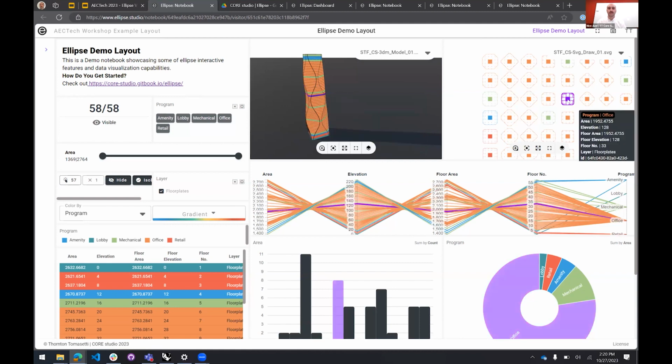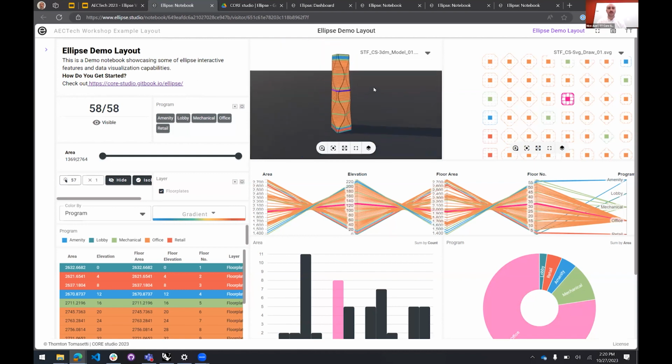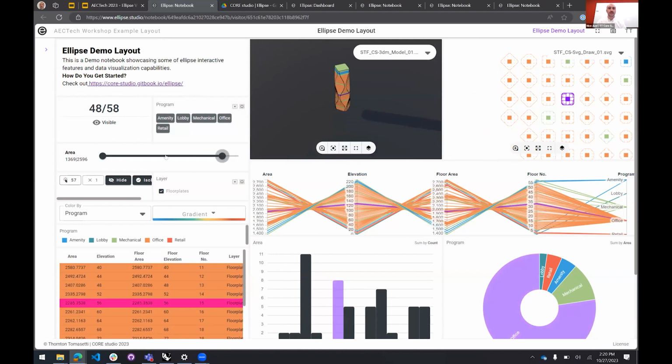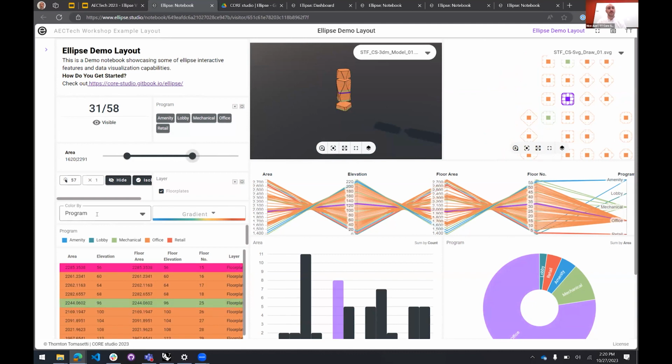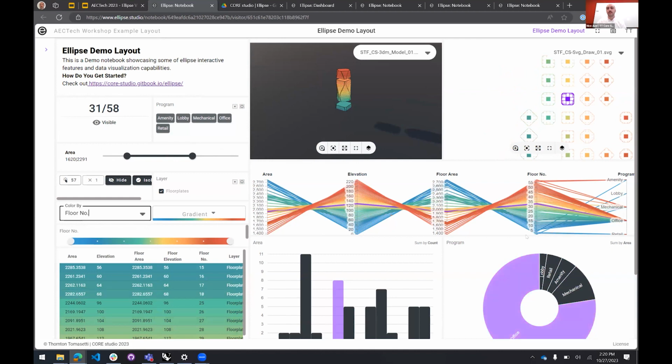So if I select a floor plate in the drawings, it's aware of which floor plate that is in the model. We've got the ability to filter things down based on certain data attributes like the floor plate area, or color by different attributes, and have some charting. So this is the basic concept of Ellipse,